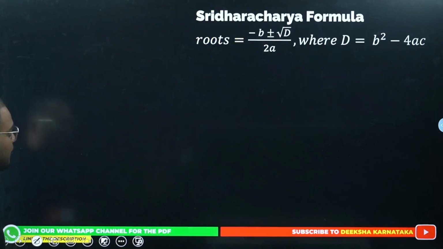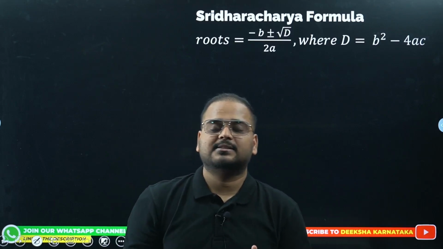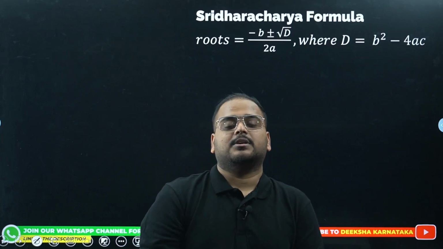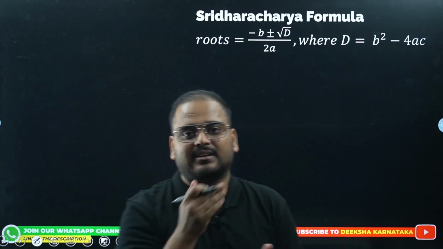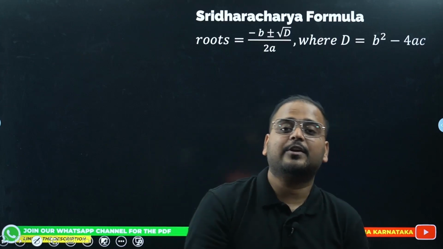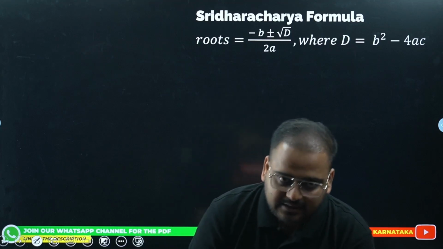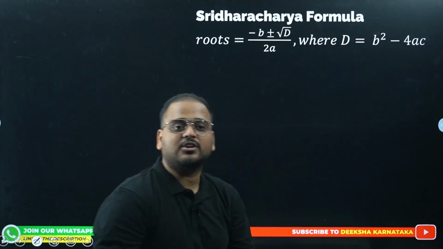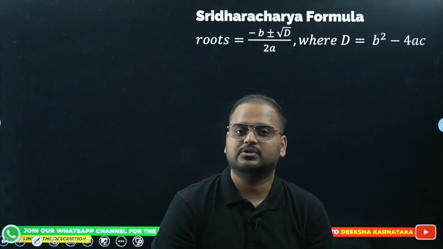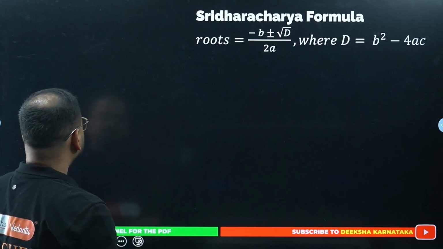Okay. Proved, sir. Now, our formula, Sridharacharya formula, what does it say? If you have a quadratic equation, obviously, which cannot use identity, either a square minus b square, a plus b the whole square, or a minus b the whole square, and we also cannot solve it using split the middle term, then how will you solve that quadratic equation? Then comes this formula, Sridharacharya formula. In this, using the coefficients only, we can solve the question. Okay. All right. So if we take some question, let's take this